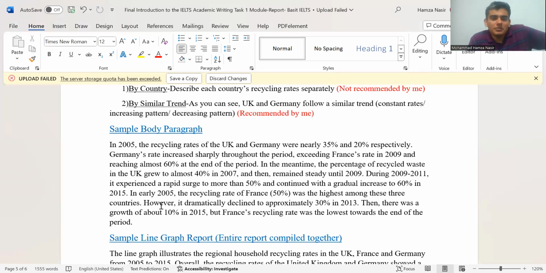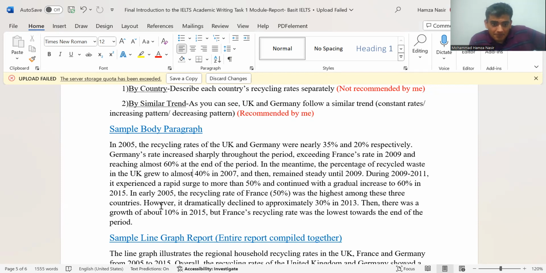Germany's rate increased sharply throughout the period, exceeding France's rate in 2009 and reaching almost 60% at the end of the period. In the meantime, the percentage of recycled waste in the UK grew to almost 40% in 2007 and then remained steady until 2009. During 2009-2011, it experienced a rapid surge to more than 50%, continued with a gradual increase to around 60%